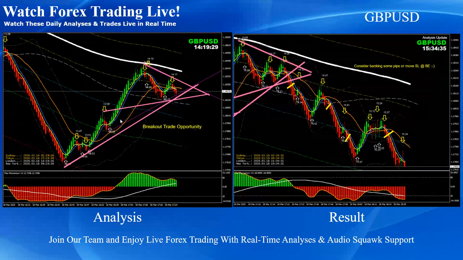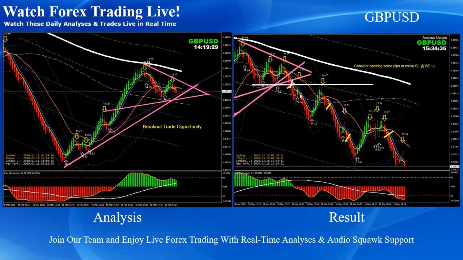Pound dollar, pretty straightforward. When I closed that trade, we had this long trade here, and then I closed and said, guys, the price has developed another pattern. Instantly, we broadcast another analysis because the price developed another pattern. As you can see, support and resistance. I said, guys, look for the breakout. As you can see, the price nicely broke, and I explained to my traders